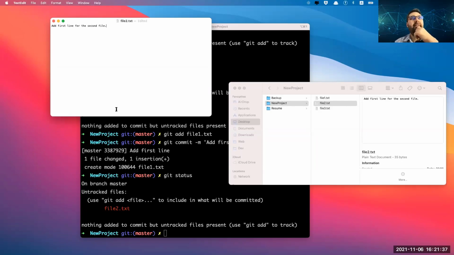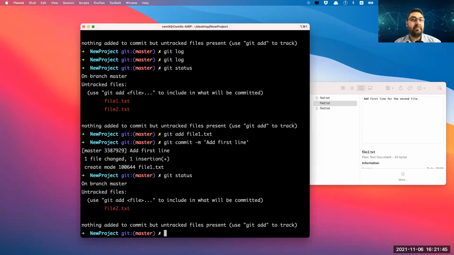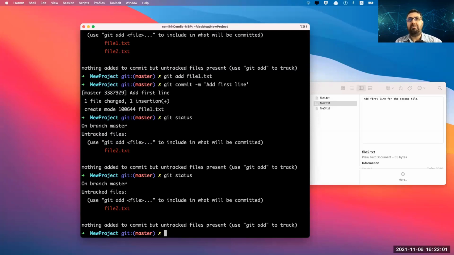But let's just save this file first of all. Sure. Thank you. And then make the changes first, so we can see the difference. We can see which file is changed, but this is another command, which is git diff. So let's check these things. Now I edit the file, then git status once again. Let's see the status. Oh, we can't see that. We have to add the change first.